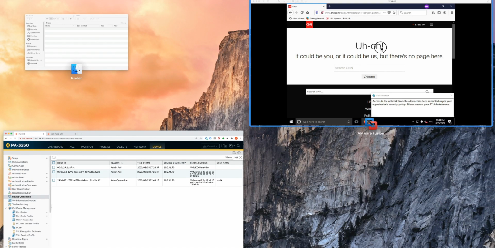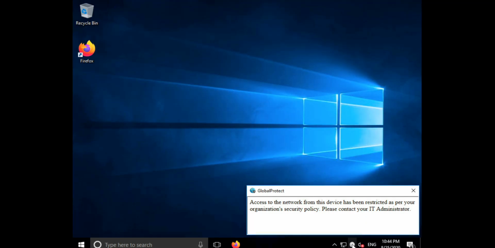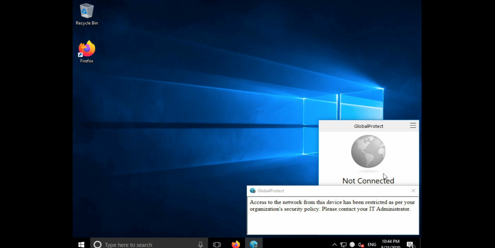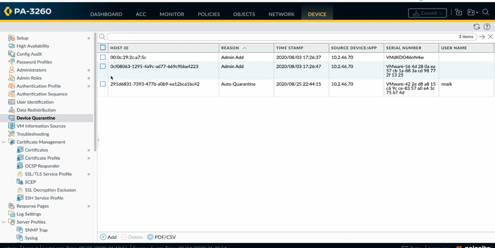And now if we go ahead and look at our GP client, as we can see here, our client has been disconnected from the VPN tunnel and the end user has been notified that the device has been added to the quarantine list as per the organization's security policy. Now this quarantine list can be further redistributed to another firewall or Panorama in your organization. So even if this compromised device connects to another firewall or a gateway,